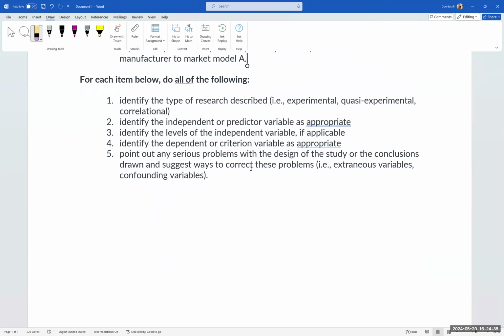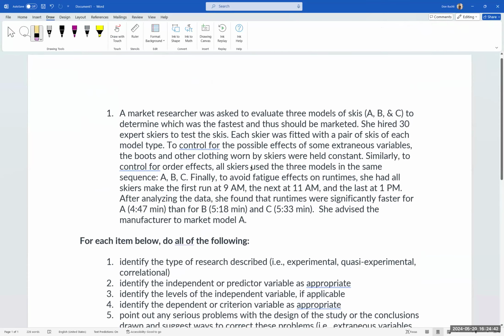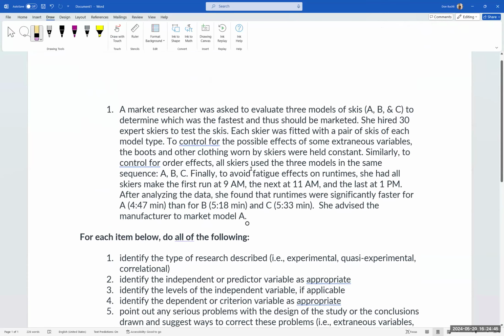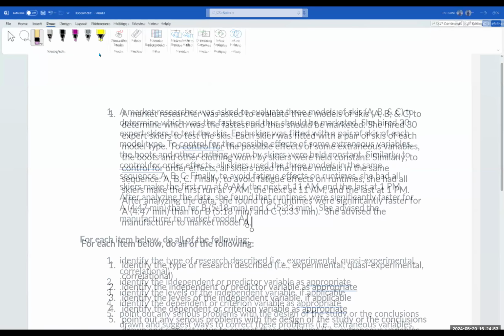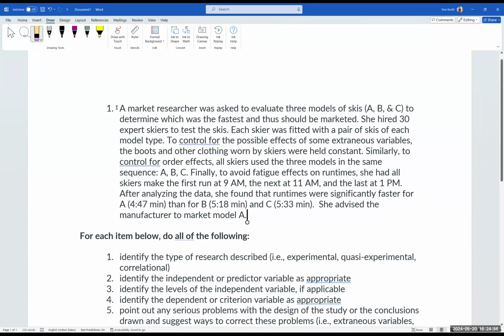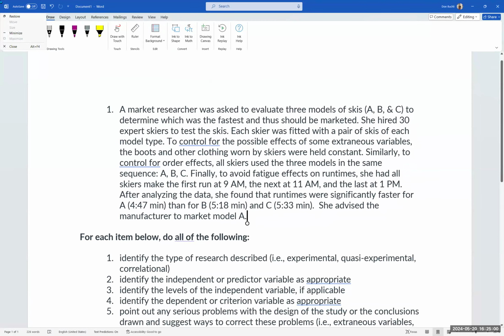So you might notice in the description of the study that there are certain words, right? Certain words that should be familiar to you from when you completed your lab assignment, right? So the first thing to notice, the first word that should have jumped out at you is the word